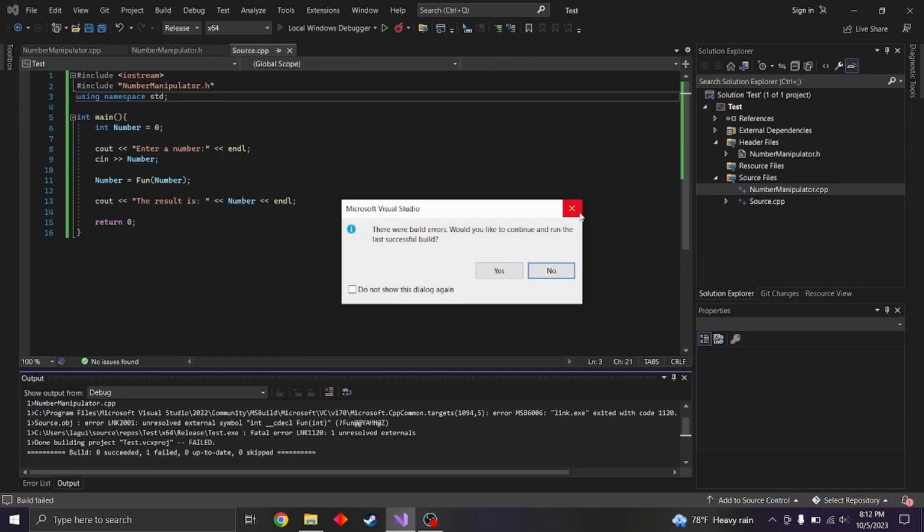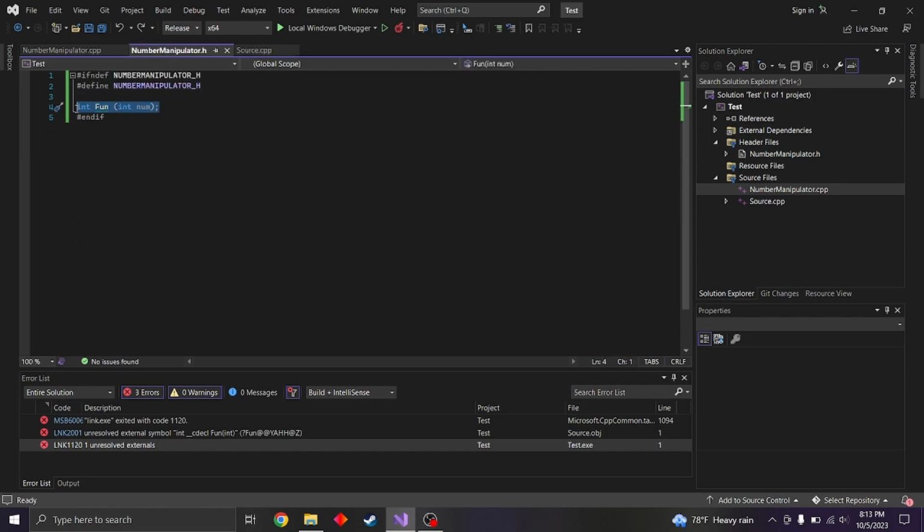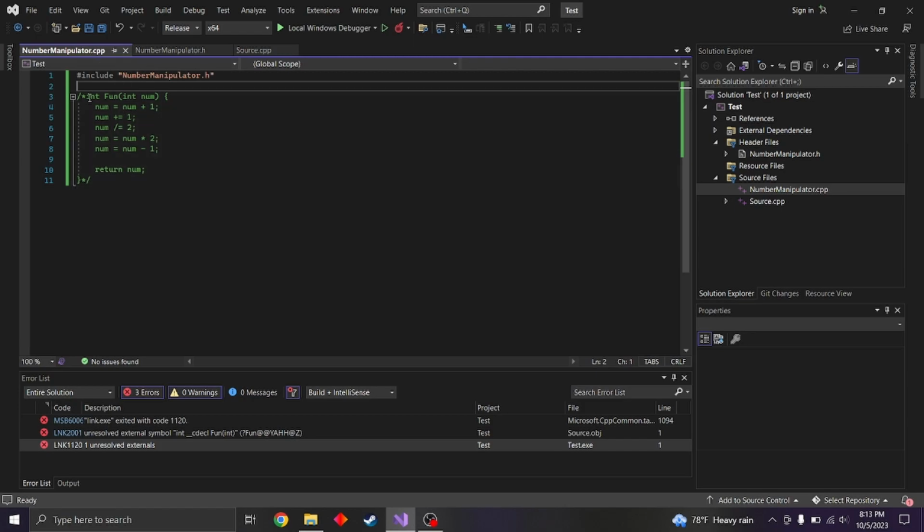If we try running it, it's going to give us some sort of linker error, like this. And then it's telling us unresolved external symbol int and then fun int. So it's just because we didn't actually say what this function is supposed to do. It's the function prototype. Hence why we have to fully complete the function at some point,